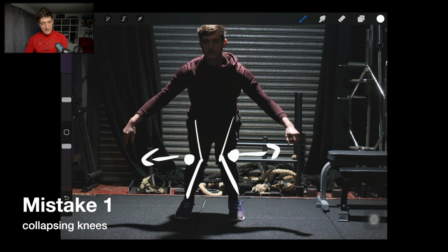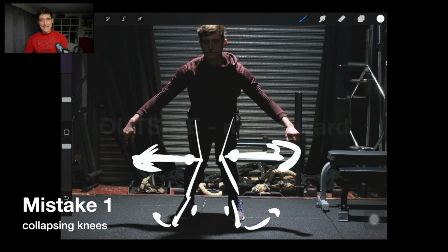So when you're squatting, think about creating the tension here on the floor. So you push, you spread your toes, and this prevents, first of all, collapsing of your arches. As you see in this position, my arches are probably completely collapsed, and I don't want that. So this is the first thing. And the second thing, if you spread the floor with your toes outside, this will create nice tension across your